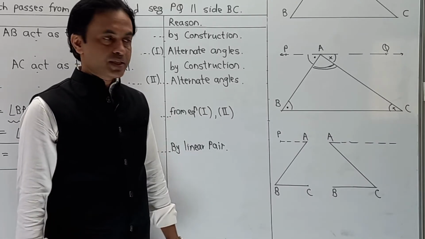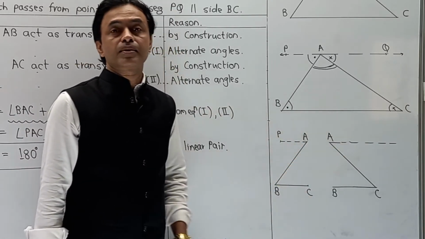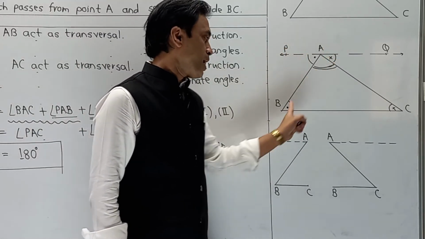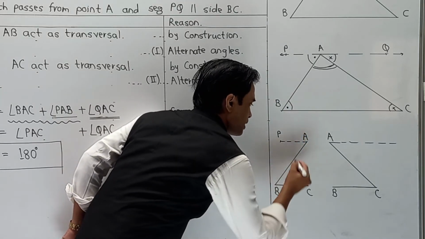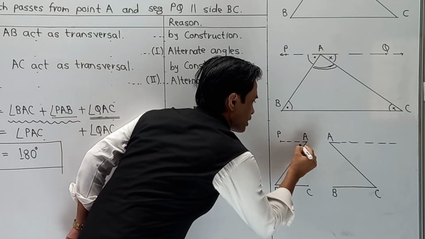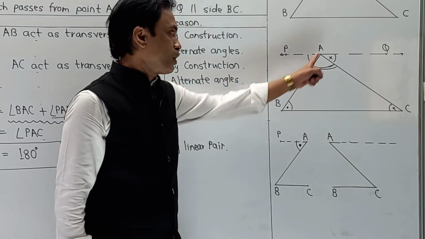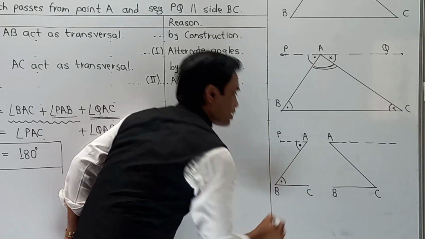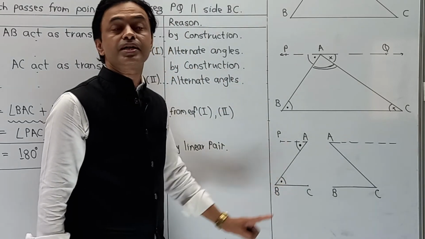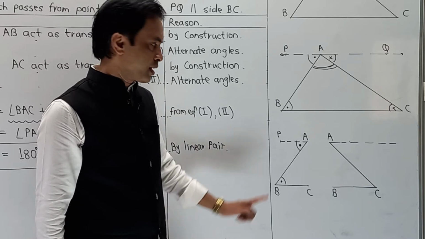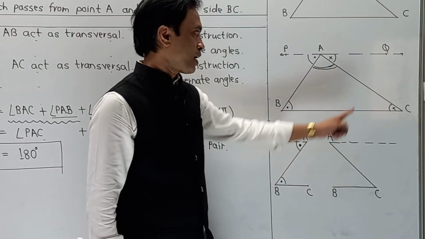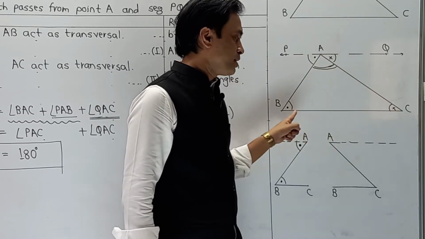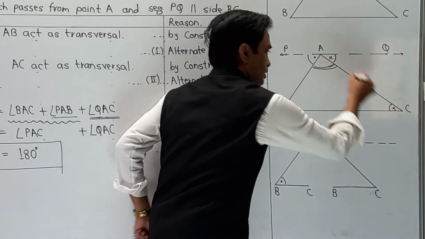Now student, please pay attention. I have drawn this additional diagram so that you can easily understand the part. Here you can see angle PAB, this angle over here, is equal to ABC, which is over here. And you can simply observe from this diagram that these are nothing but alternate angles. The same structure is clear over here. Angle QAC means the angle over here, and angle ACB means the angle over here. These two angles.